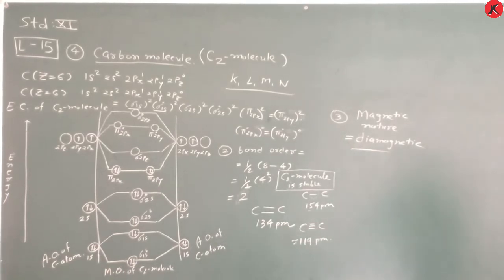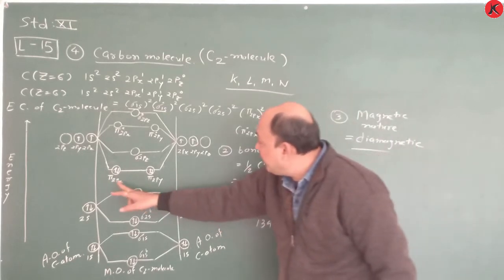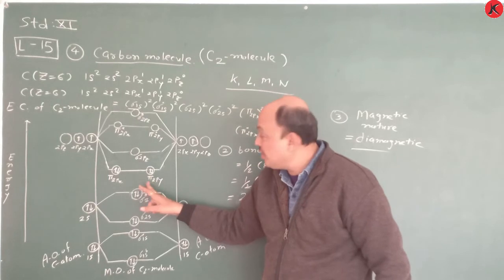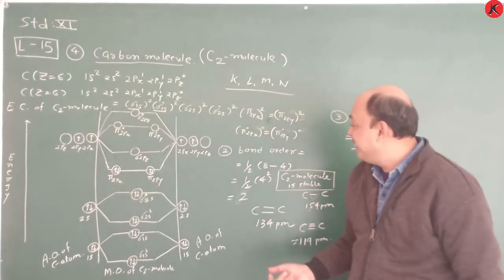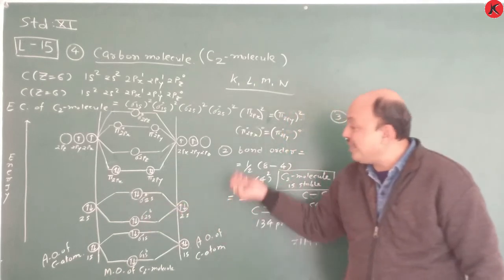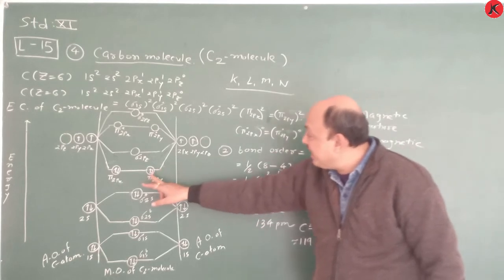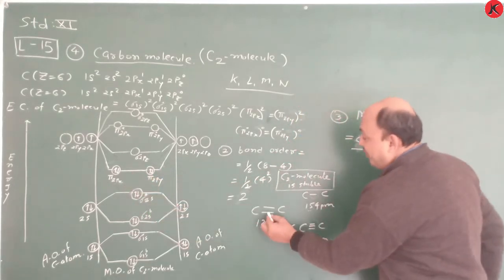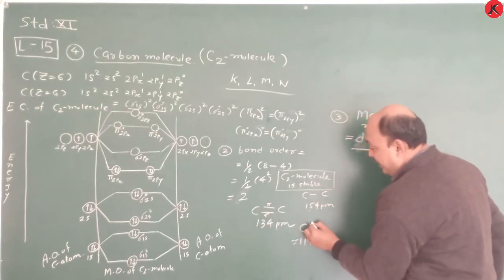Now here is one piece of information: why are a sigma bond and a pi bond formed here? You see, these 2 electrons entered a pi orbital, pi 2px and pi 2py, and that's why a double bond is formed. And that's why one is a single bond and another is a double bond. Okay. A pi bond is also present here, and that's why between carbon, one is a sigma bond and another is a pi bond. Here one is a sigma bond and two is a pi bond.